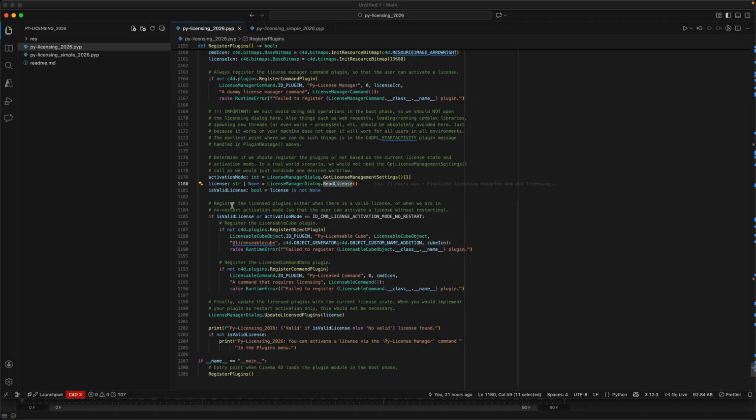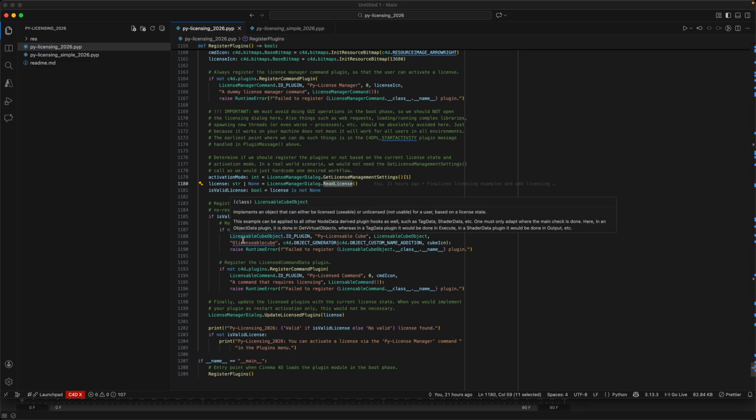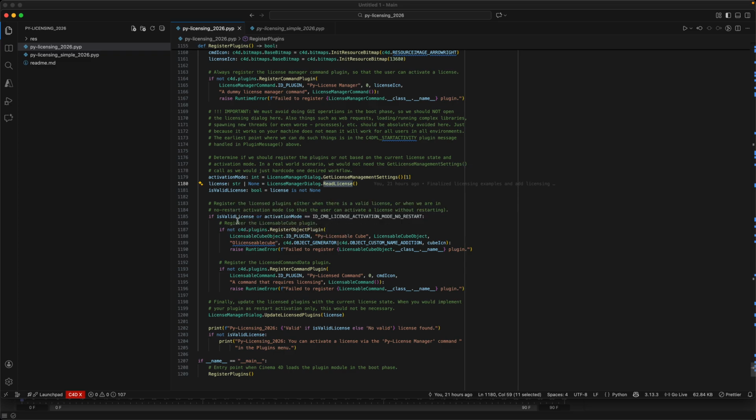And if it finds a license and we are in restart mode, then it registers the plugins. But if we are in no restart mode, it always registers the plugins. Doesn't matter if there's a license or not. The plugins are always registered, and the licensing workflow, as I'm now going to call it, is then actually done at